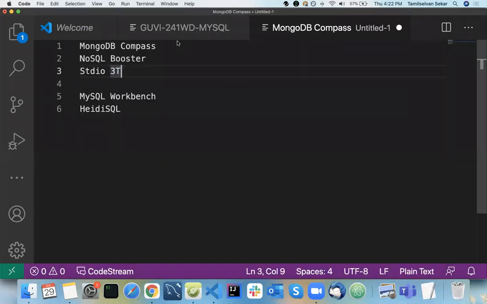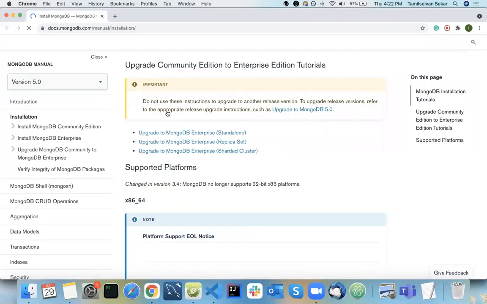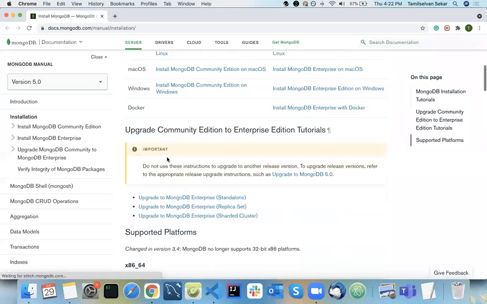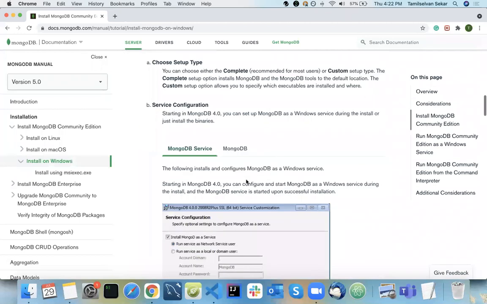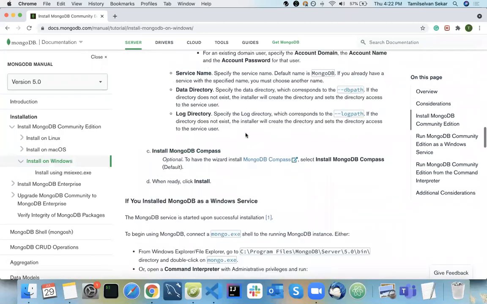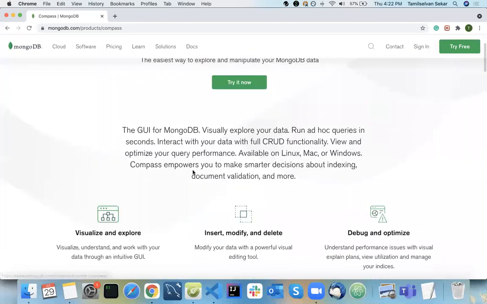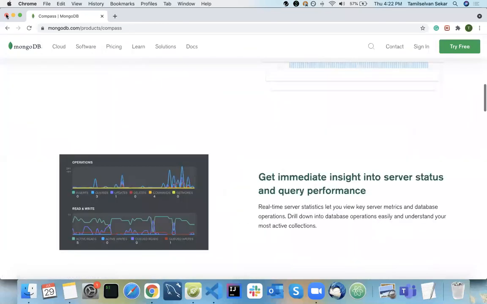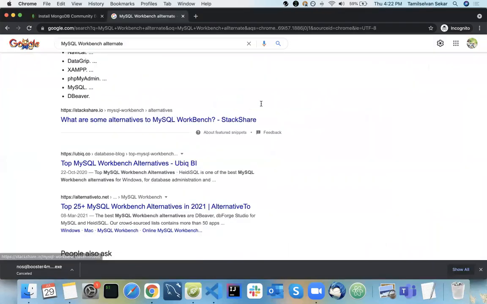The installation process is simple: when you click on Mac OS or Windows, you can see the documentation just after your MongoDB installation here. Just go here, and it will give you a try it now option and download the exe for you. So that is all about the MongoDB installation part. Any questions on the installation part?